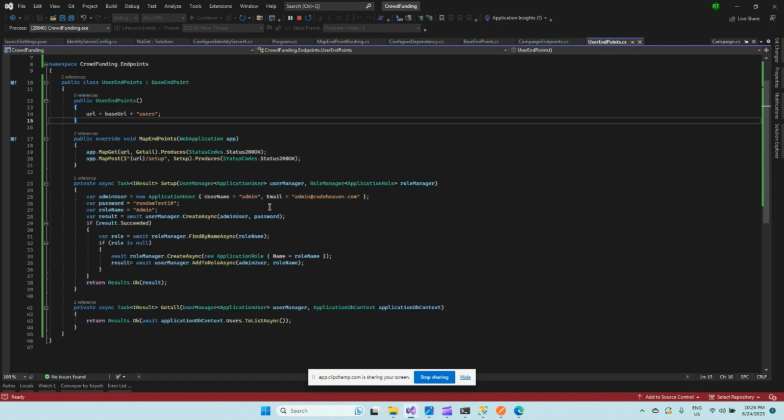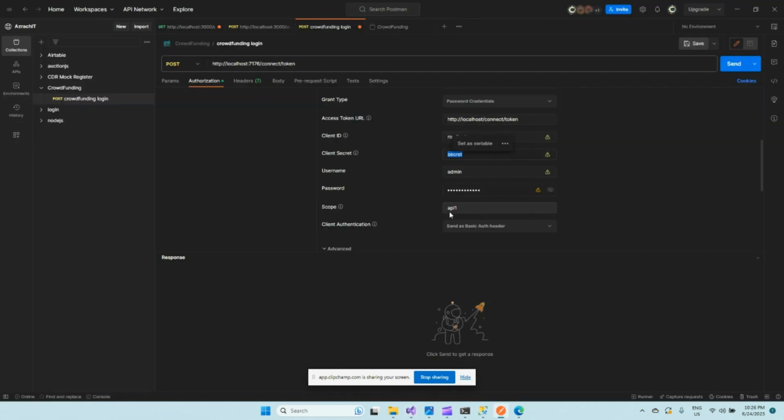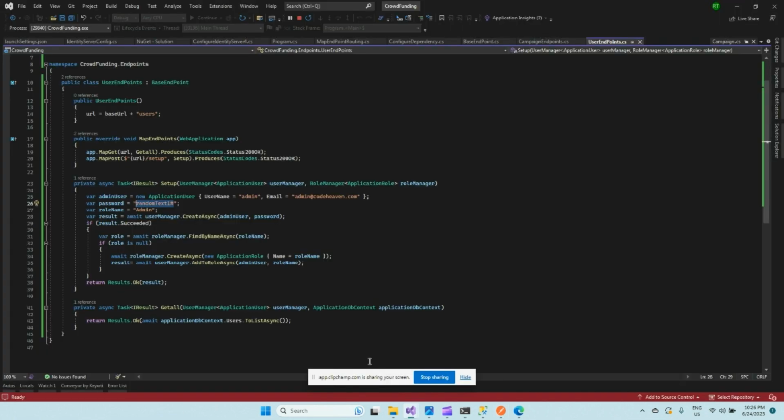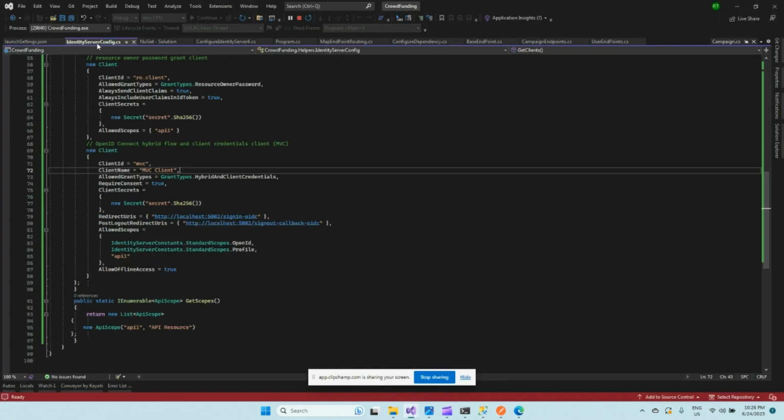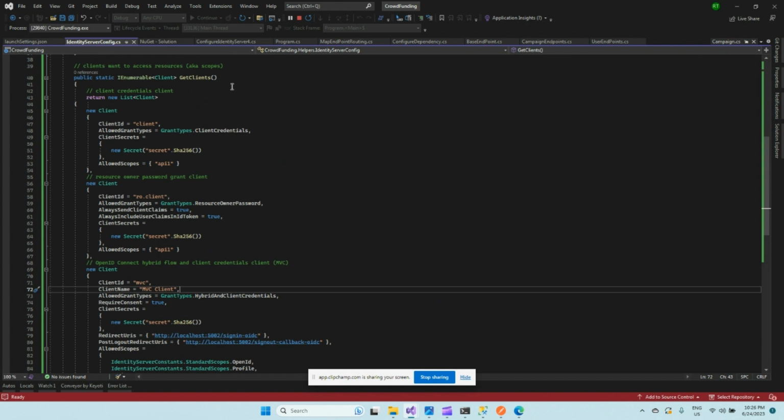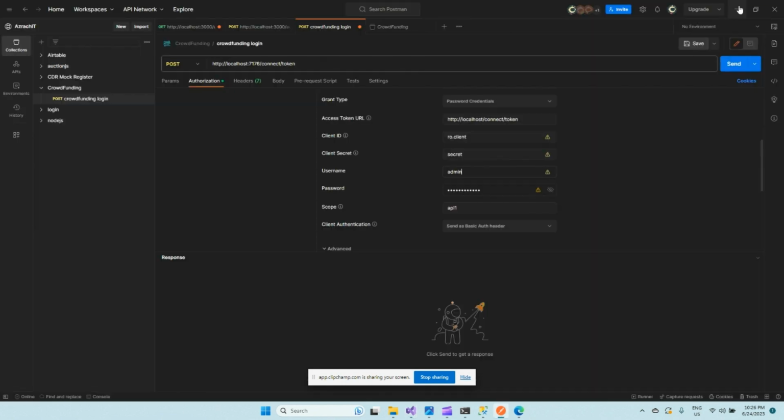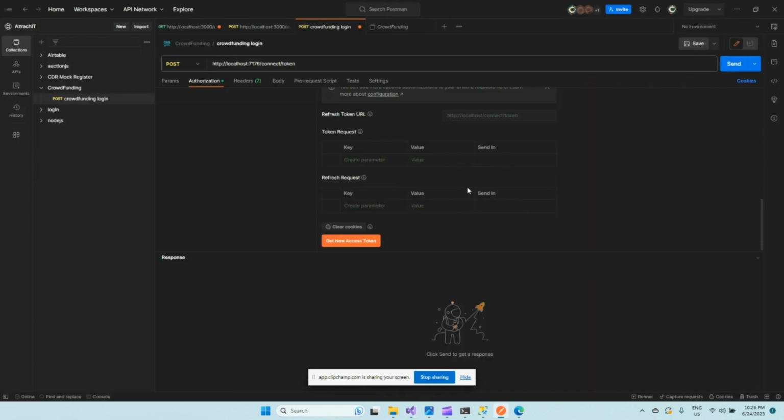If you go to the user endpoint, this is the password. You can give any different password. And scope is API1. So these are the config settings that we have created in Identity Config, taken from here. So once you have made this one,